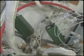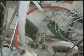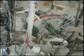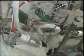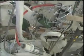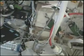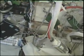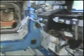and then it goes into the urine processing assembly, which is not working perfectly right now. So also, that's for the urine that comes from the Russian segment, from our main toilet. But this other toilet that we just saw, the urine can come from there directly into here. It gets distilled and processed to pure water, which we can drink, or it can be made into oxygen or